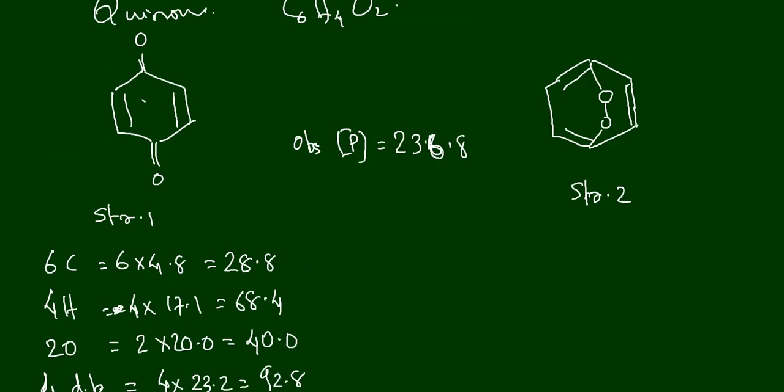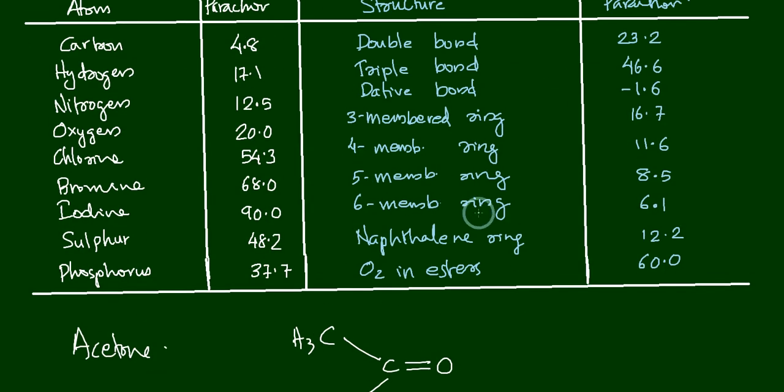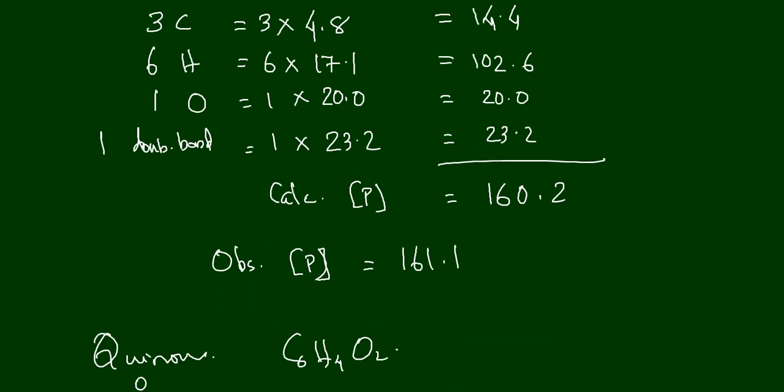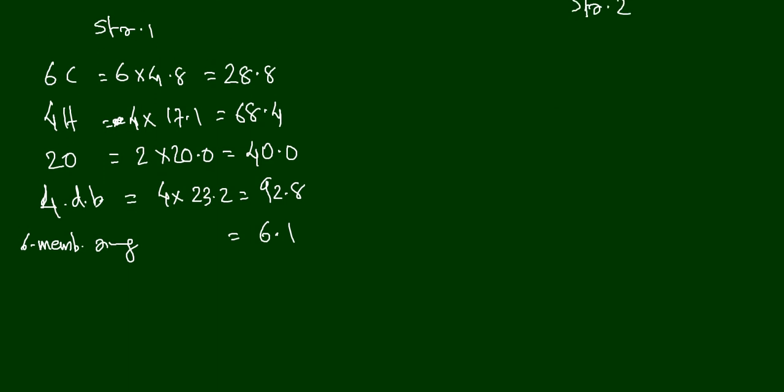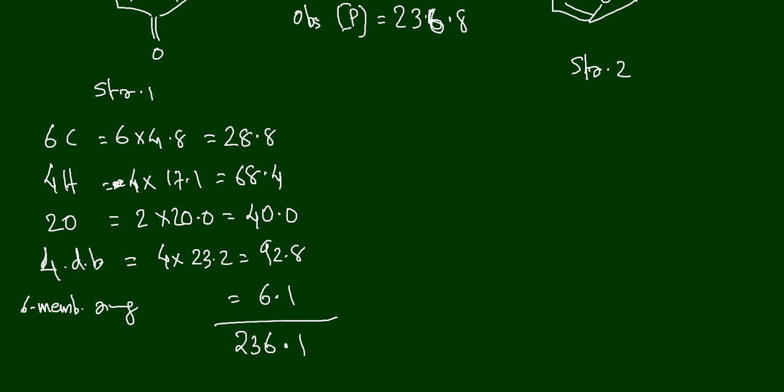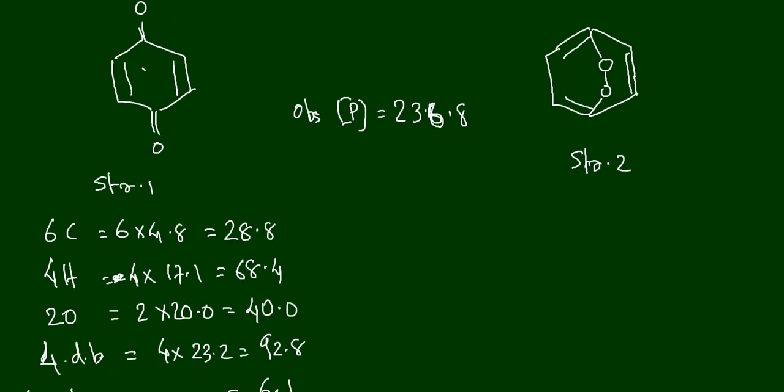You can look at the table. A 6-membered ring is 6.1. So these are the atomic and structural contributions towards the Paracore. If you take the total of all these, we get the value 236.1. Now let us calculate the Paracore value of structure 2, and there are also 6 carbon